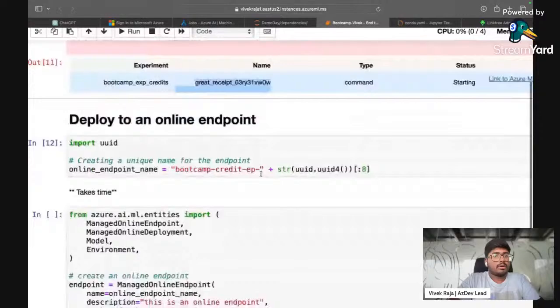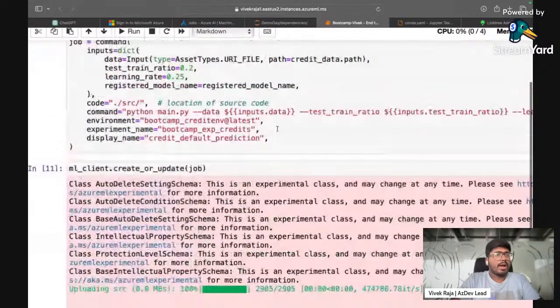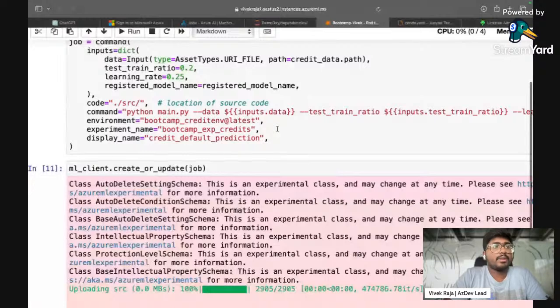Now comes the most important part. Most of you have created machine learning models or trained them in your local system. Now we know how to train in the cloud, which means you can leverage the instances which are available there.